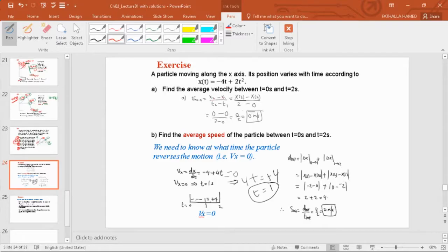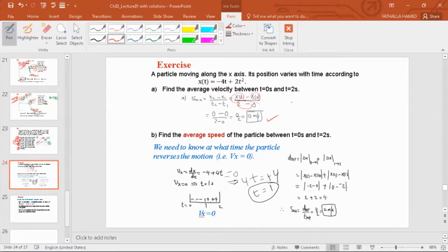So it is x2 minus x1 over t2 minus t1. So you're going to evaluate x at 2 seconds minus x at 0, and you divide by that. And you will find out that basically it will give you 0 minus 0, and you will get 0 meters per second for your average